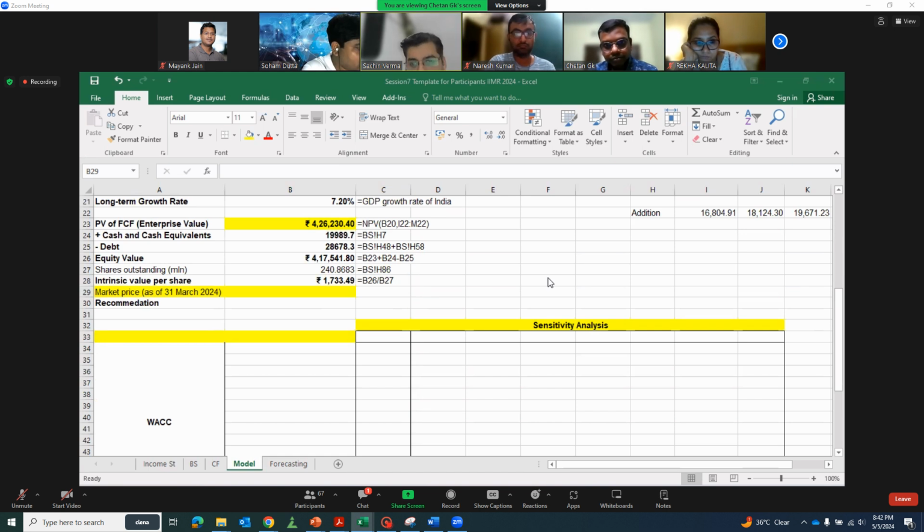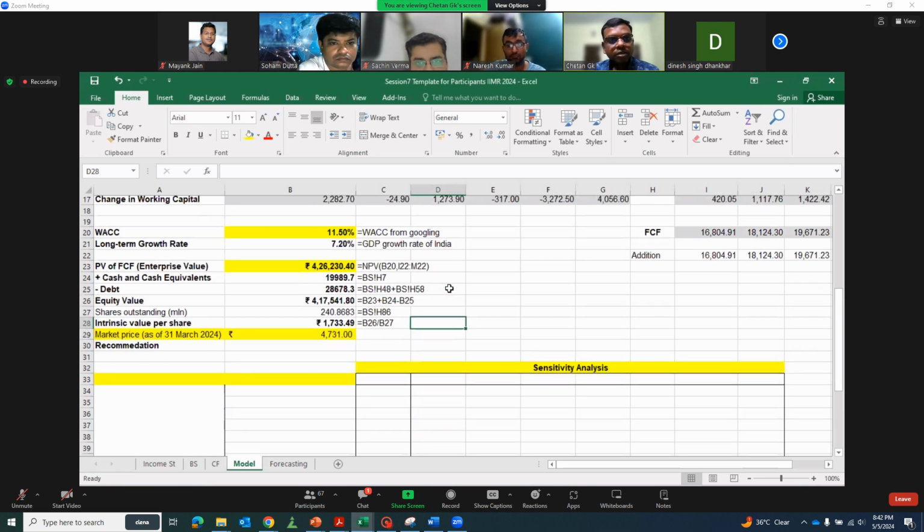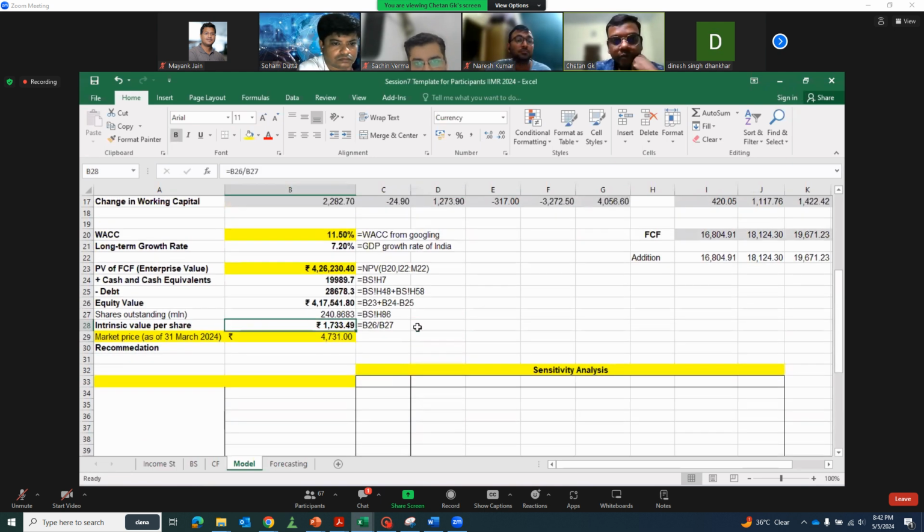As on today it is 4731. Assume this is the market value as on this date. Our intrinsic value, as we have computed, is 1733, and the market value is approximately 4731.